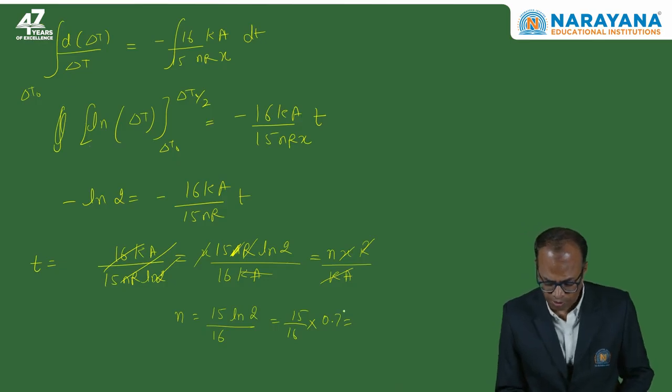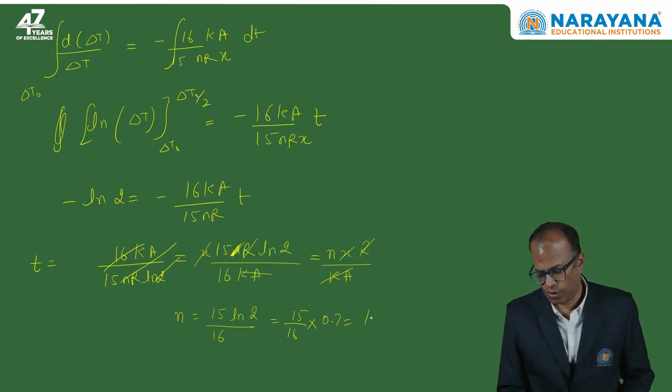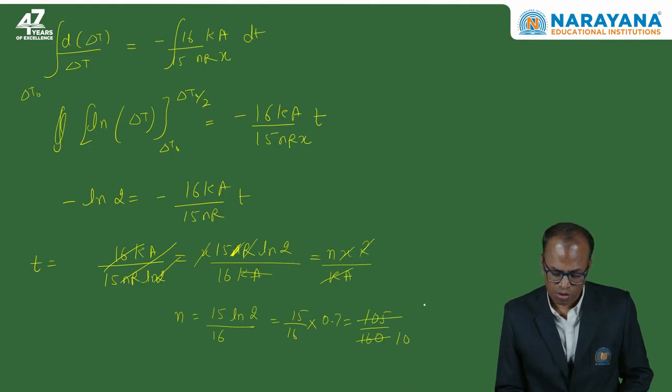Let's solve it further. So 15 into 7, 105 by 160. Let's solve it. So 16 into 5, 16 into 6, 96. Then I'll be left with